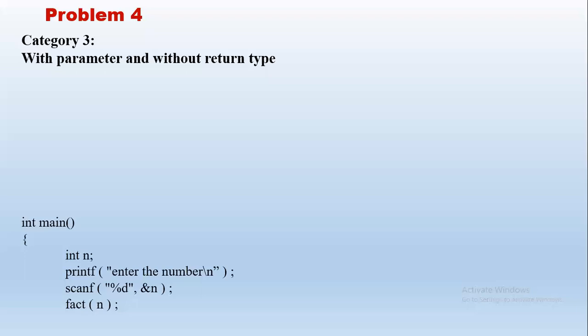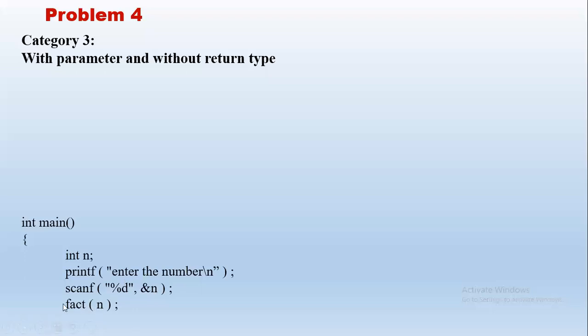Okay, so that way, any one of the categories can be selected. So let us see what the third category is. In the third one, we have to pass a parameter. If we have to pass it, we should know that value. Here we can directly pass fact of 5, or because we want it to be used for any inputs, we will take input as n. So we are passing fact of n.